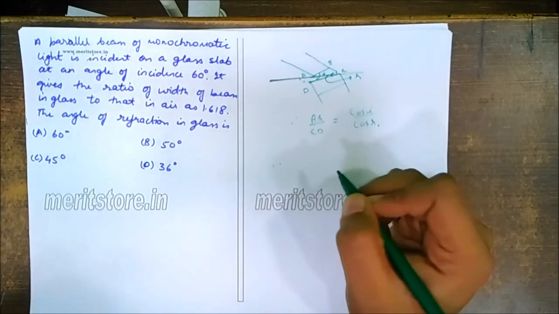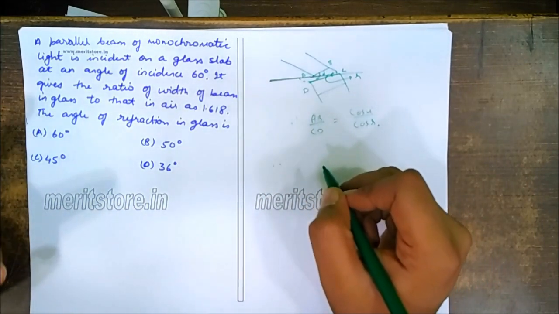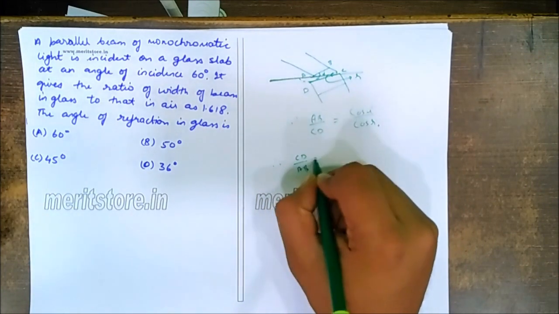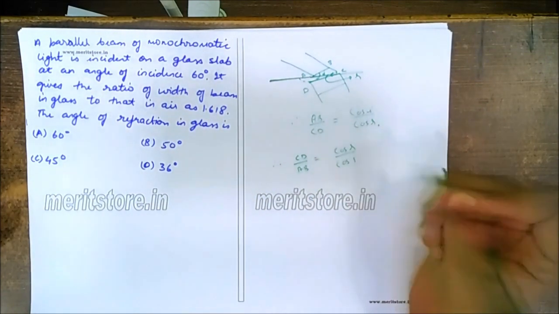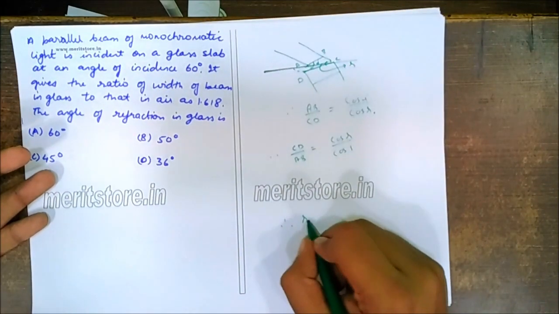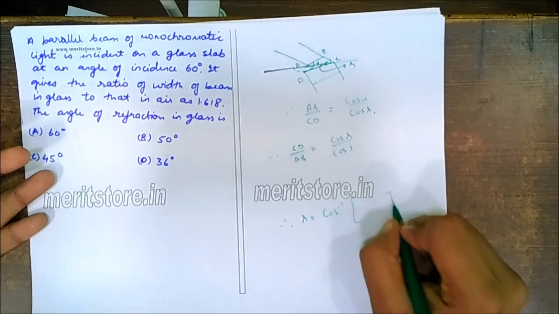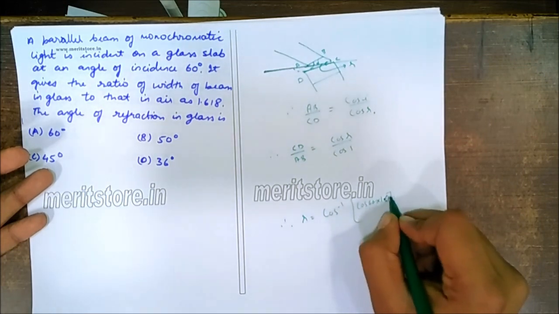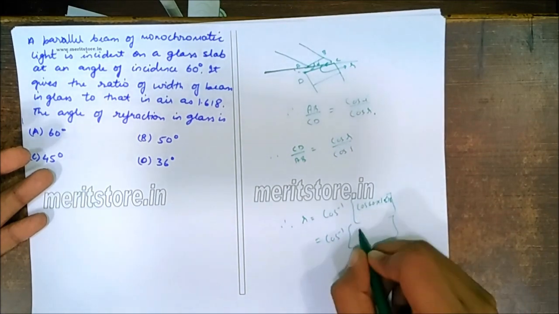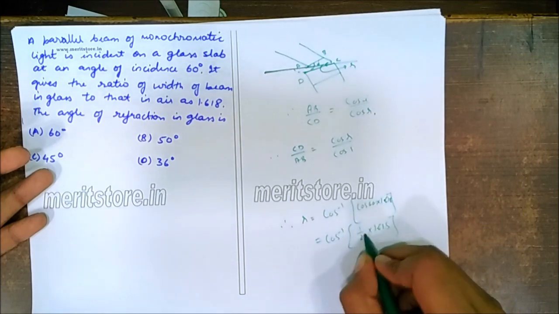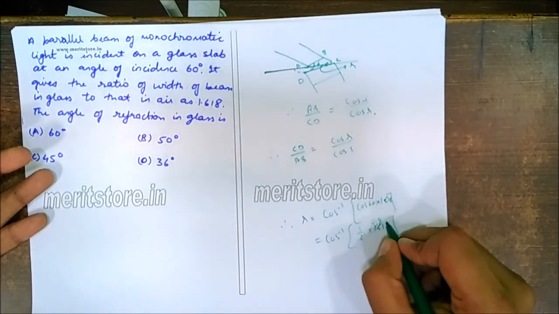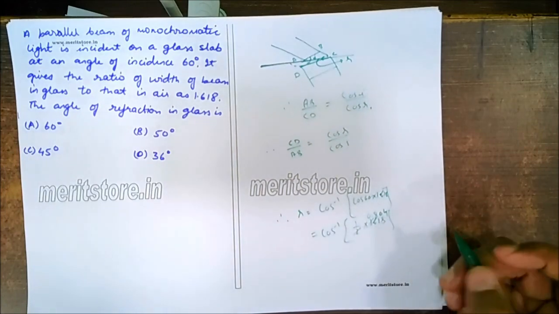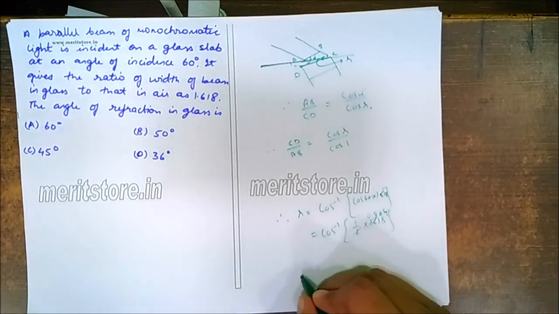Now, the angle of incidence has been given as 60 degrees, and the ratio of the beam width in glass to that in air is given as CD upon AB, that is equal to cos r upon cos i. The angle of refraction has been demanded, therefore r is equal to cos inverse of cos 60 into 1.618, that is cos inverse of half into 1.618, this is 0.804. So cos inverse of 0.804, therefore r is